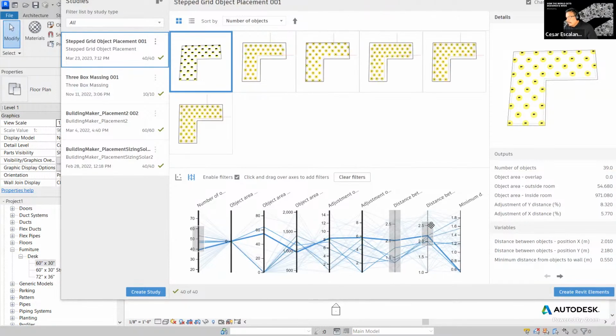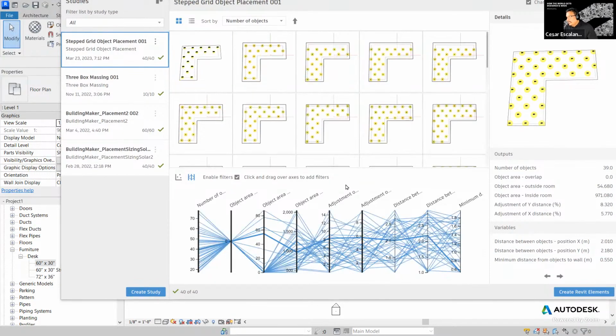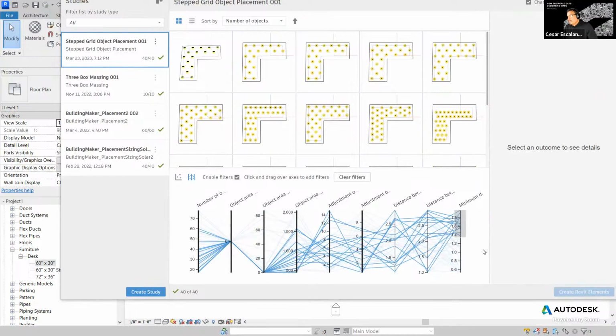I have to select, clear the filters here, and then I'm just going to focus on the minimum distance from objects to the walls. So I want the minimum distance to be larger than 1.5 meters. So this is a sample solution, and you see now in these solutions all the